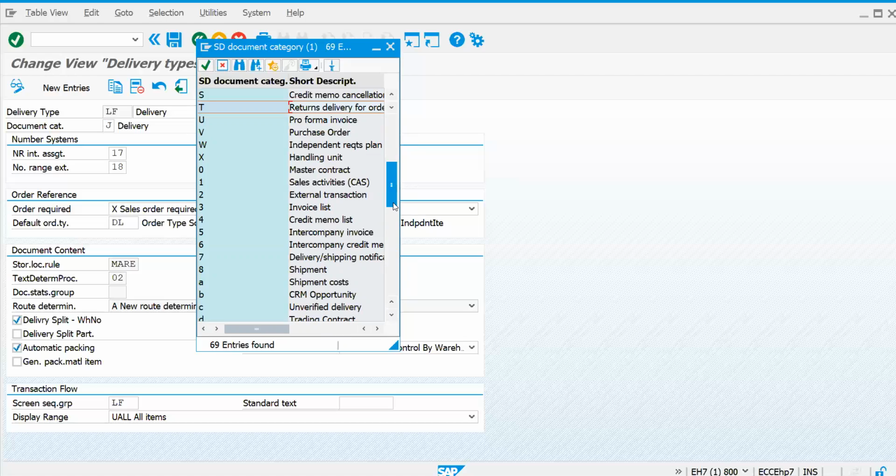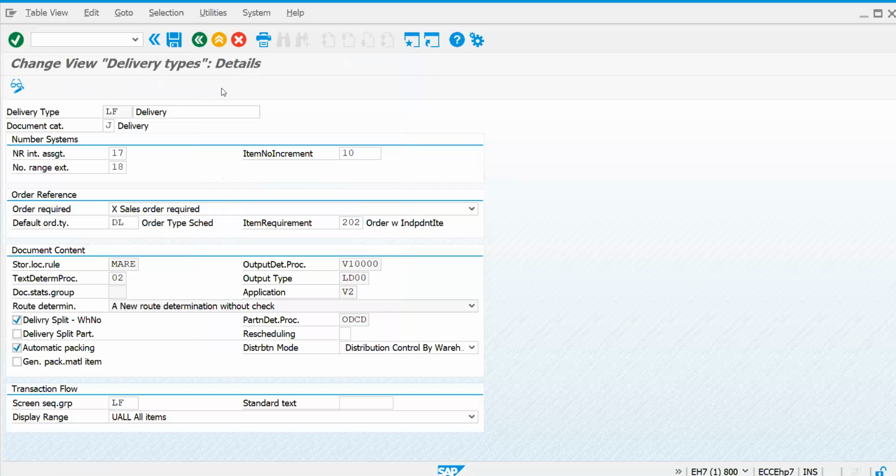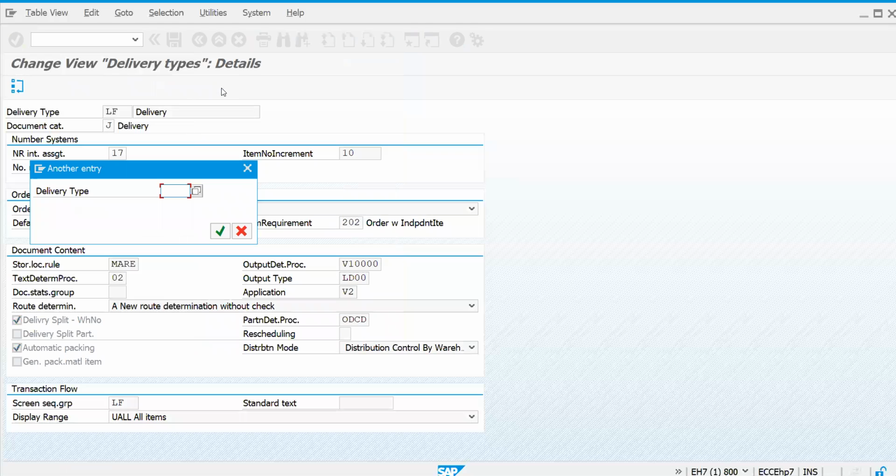You have to choose: if it is a standard order, you have to choose J. Most of the time it is J. And if it is a returns order, you have to choose T. Let's try to observe what document types we have. LF is like, your OR order data is copied to your LF for delivery.